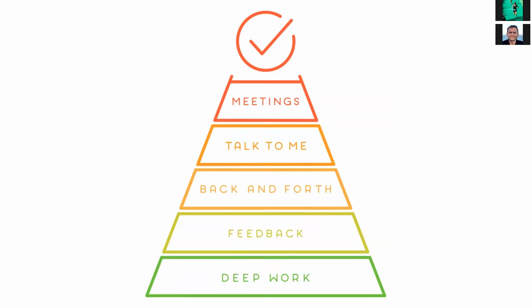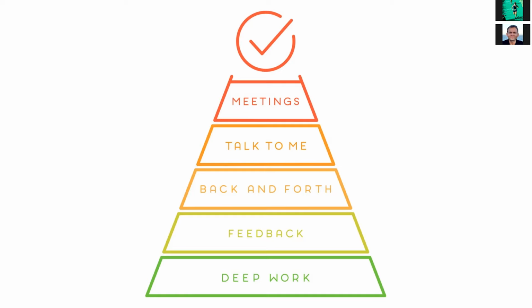But on this level, you still work a little bit asynchronously, because you ask for feedback, but you don't expect it right now. It can be sent later. So, for example, Natalia, my assistant, has a few tasks for me. She sends them to me, and unless something is urgent, but normally it isn't, she doesn't expect me to react to them right now. She just expects me at some point today to review them and act on them. And this is the second level, the feedback level.